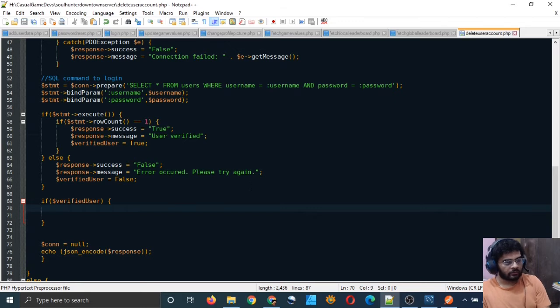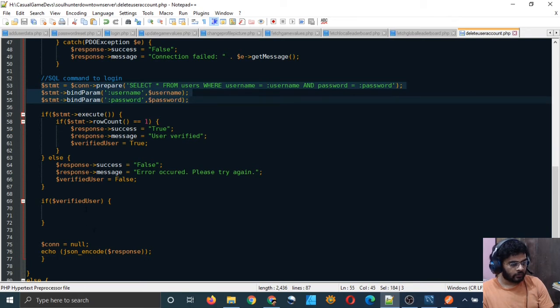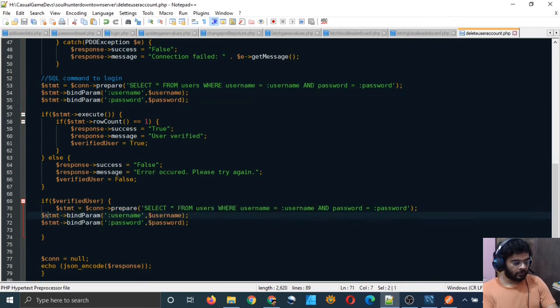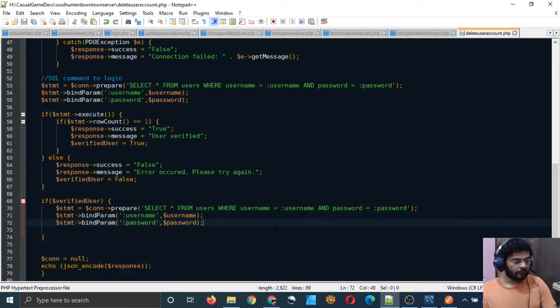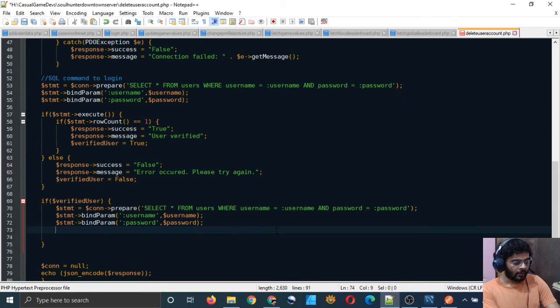Let's not disturb that. You can actually fetch this statement again. We are running the same statement again, that is the select star from users where username is equal to placeholder username and password is equal to placeholder password, and we will run this.